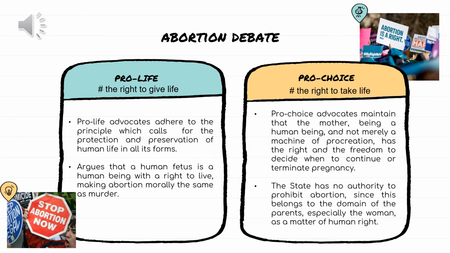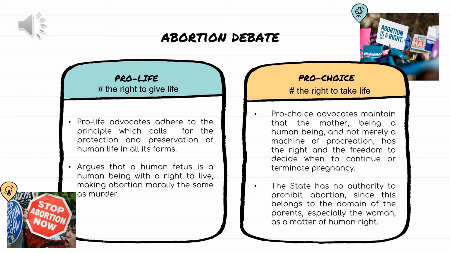In English-speaking countries, the sides involved in the debate are the self-described pro-choice and pro-life movements, where pro-choice is the right to take life, and pro-life is the right to give life. Pro-life advocates adhere to the principle which calls for the protection and preservation of human life in all its forms. They argue that a human fetus is a human being with a right to live, making abortion morally the same